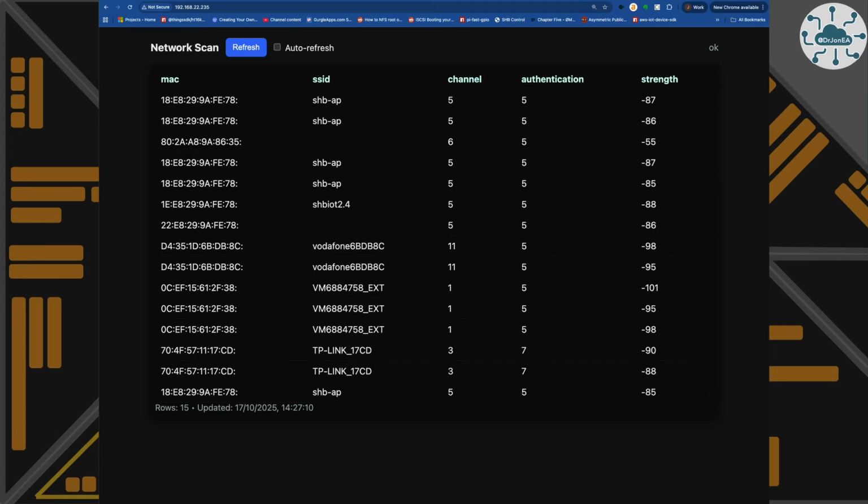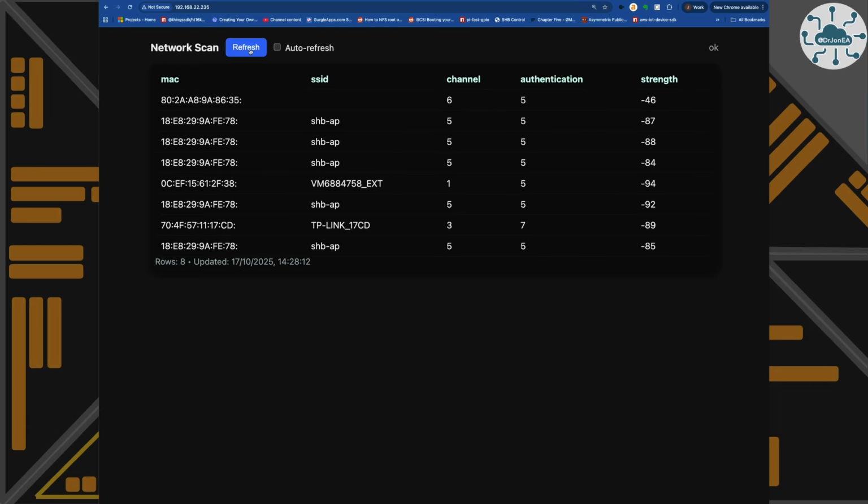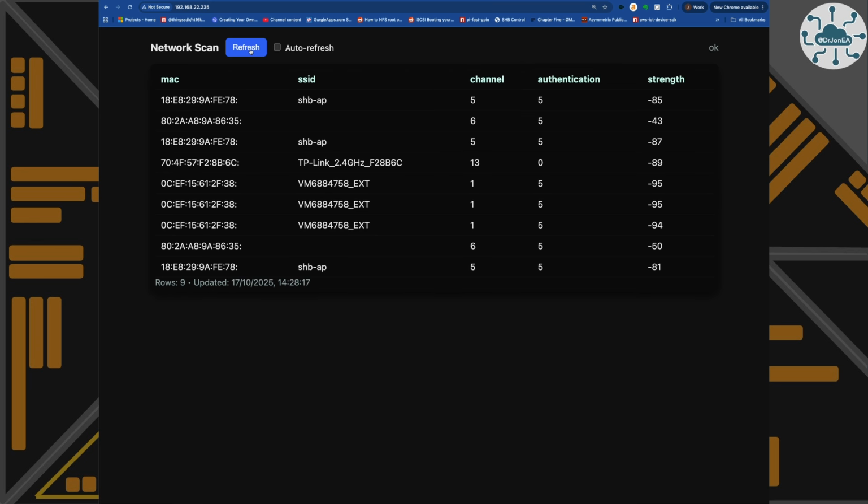So here's my web table that I've actually been issued from the Pico W. And when I hit refresh, it will go away, run that scan, get those results and populate this table. And you see we've got the MAC address, the SSID there, the channel, the authentication, and indeed the strength. Now every time I'm running this, it's giving back slightly different results, and you'll see that there are multiple lines and multiple calls that we've actually had with basically the same SSID coming published and information about it. So you'd have to do some deduplication before you actually provided this as a list for a user to select